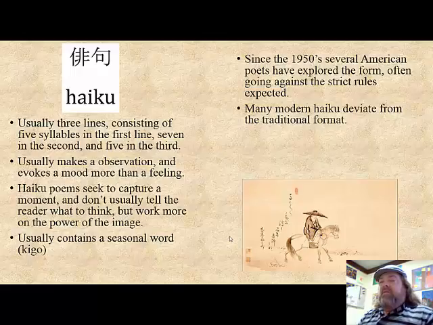Haiku is oftentimes thought of as a very simple form of poetry. It's very short, obviously, with 3 lines. Our traditional American model has a 5-syllable first line, a 7-syllable second line, and a 5-syllable third line. And oftentimes we show this to children so that they can get used to putting things into that nice, rigid format. But the original haiku poems were actually not always strictly adhering to the syllables as we think of them.